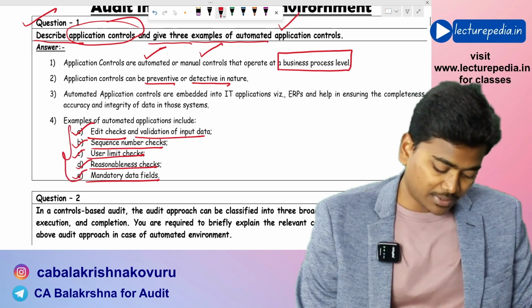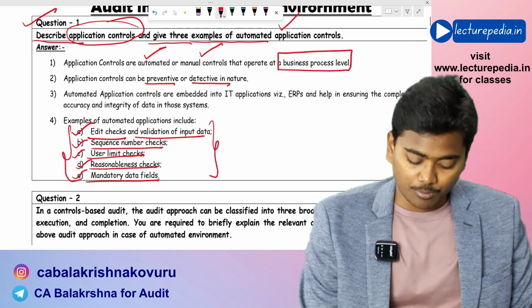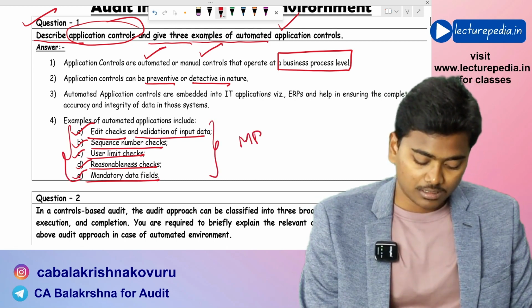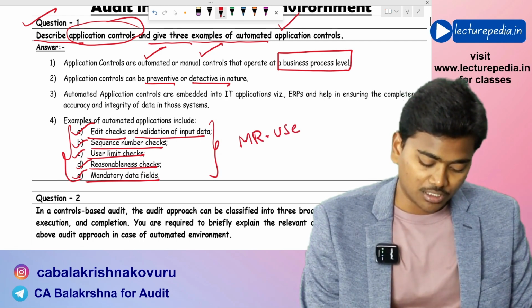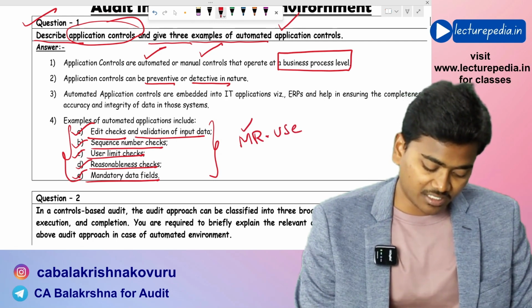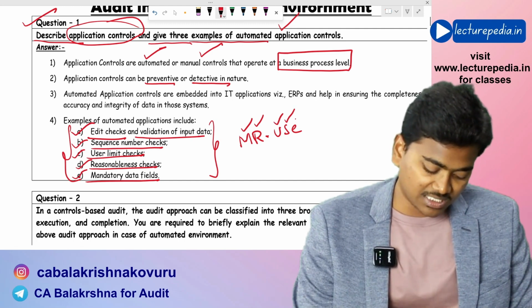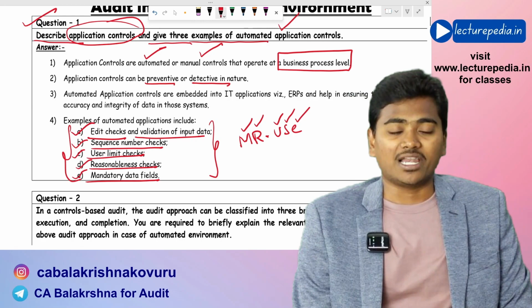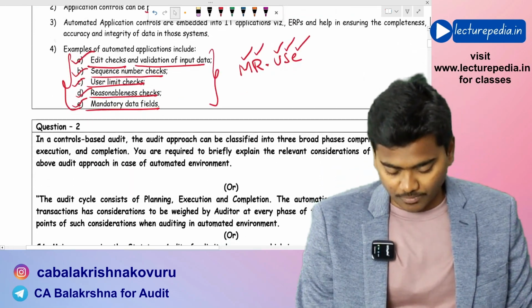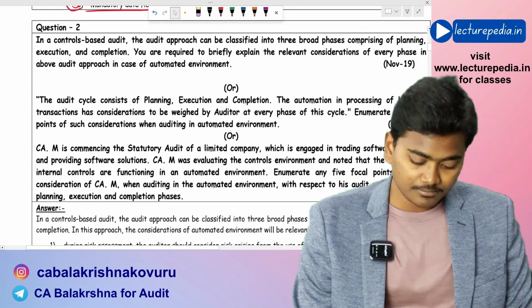You can remember these points with the help of the mnemonic Mr. Use. Okay, M for mandatory data fields, R for reasonableness checks, U for user limit checks, S for sequence number checks, E for edit checks and validation of input data. Hope that is clear. Second question: